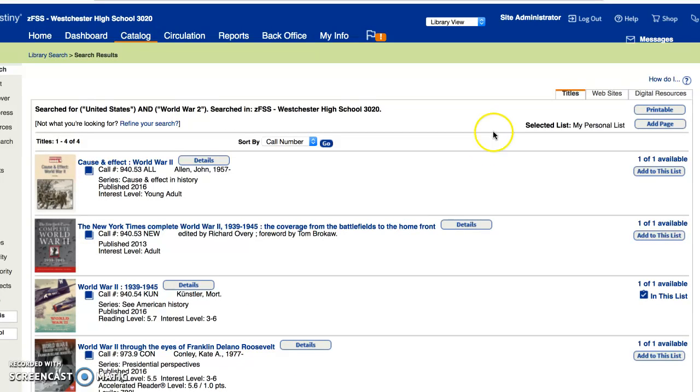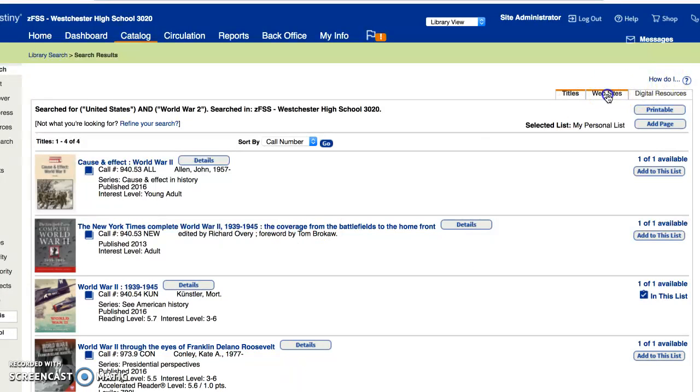There we go. So I had made the mistake before of not using the number 2, which is a good lesson for you to know when you're looking for things. So it comes across all of these different options of books that we have. So you could look at these and see if these are